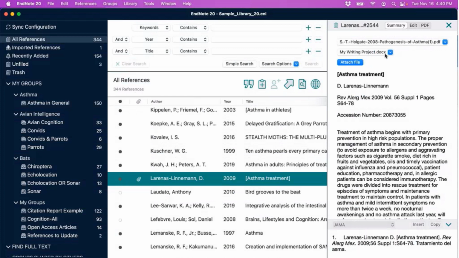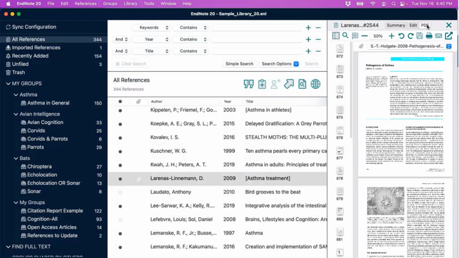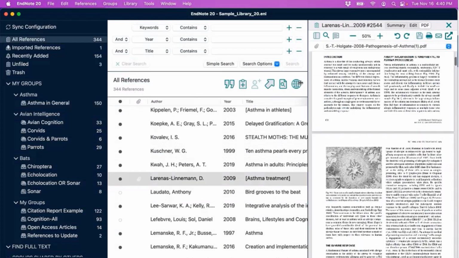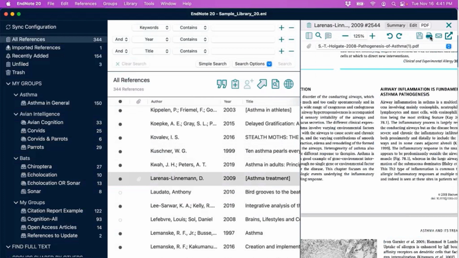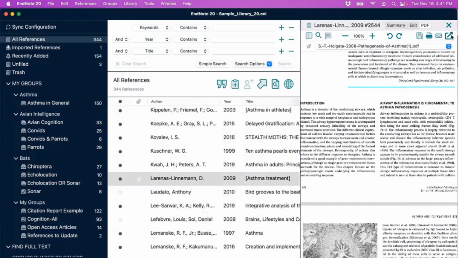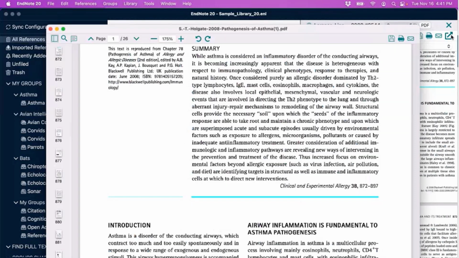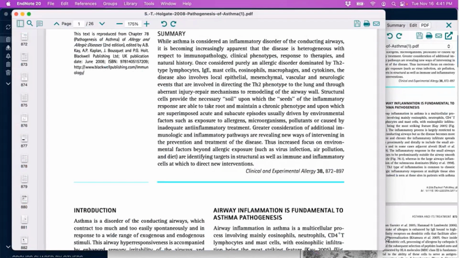So in this case, if I wanted to open up this Word document, I would have to have Word installed in this computer. But if it's a PDF, again, we can look at that PDF preview panel. We can expand that. We can make the text larger. We can print this out from here. We can email the PDF to someone from here as well. Or if we wanted to view it in that standalone window, we can click on that icon to pop out the PDF viewer here. We can resize this if we'd like.